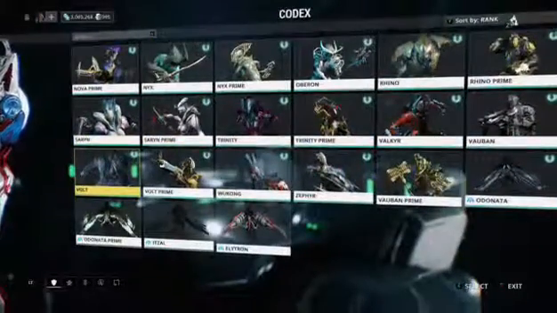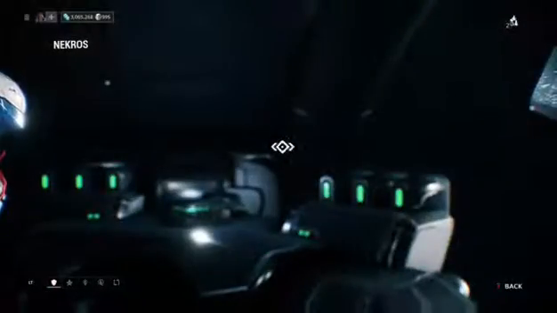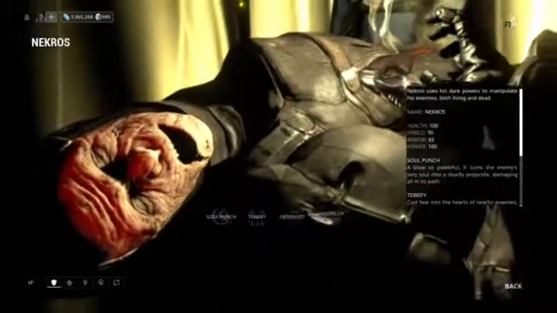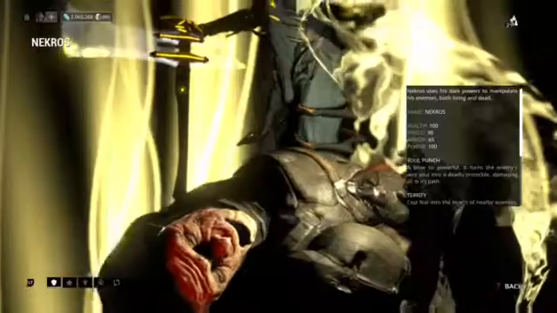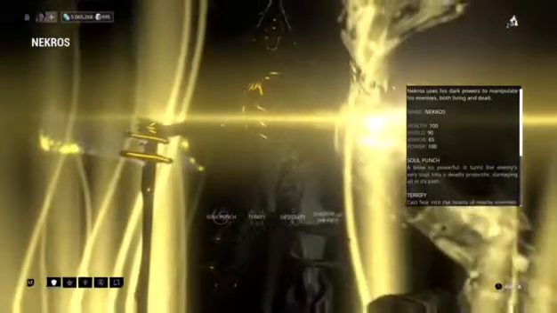Have you explained Necros? Yeah. Do you got questions about Necros? I can go over Necros. Yeah, where do we find him at? Necros is from fighting Lephantis. He works similar to Mesa, where you have to get the nav cords